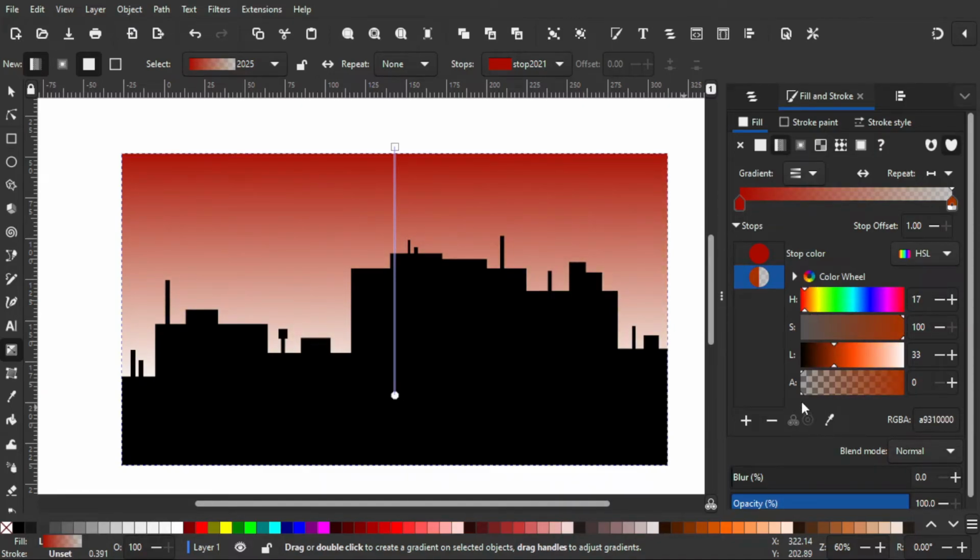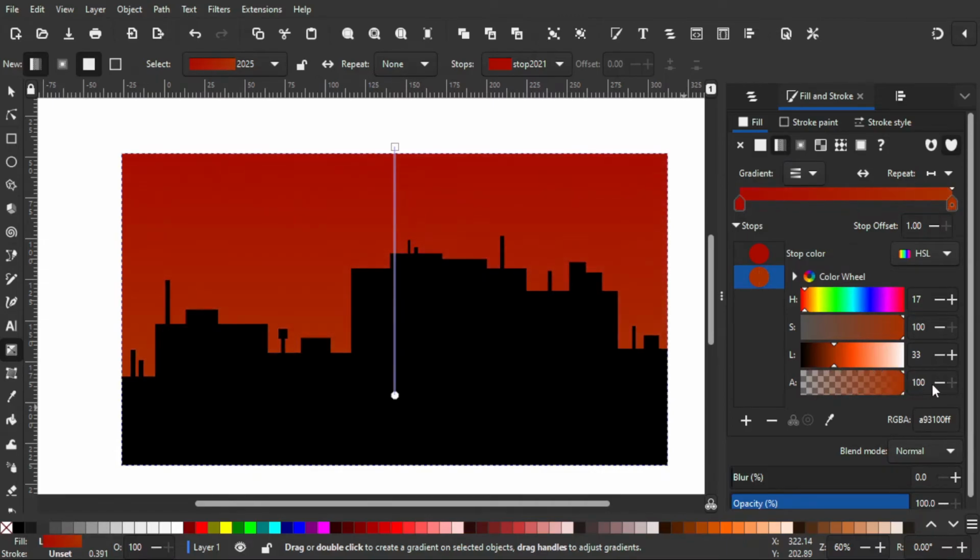So I need to bring up the opacity so it is a solid color. It's not gonna be a transparent color. So by dragging the hue meter, I'm gonna change it to yellow or maybe orange.